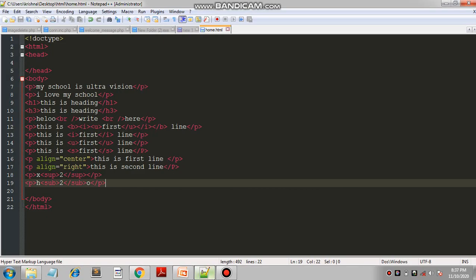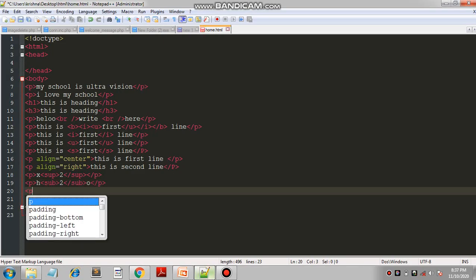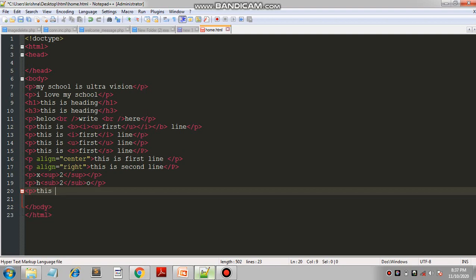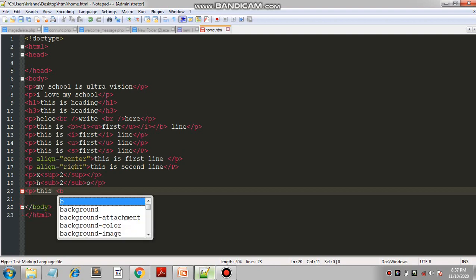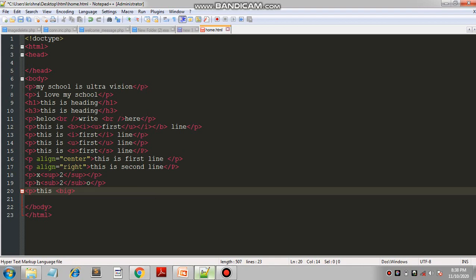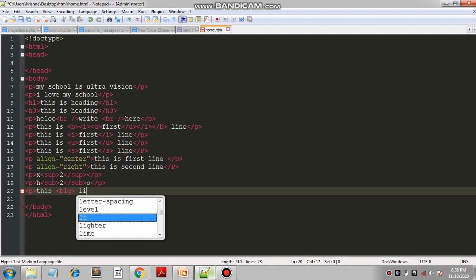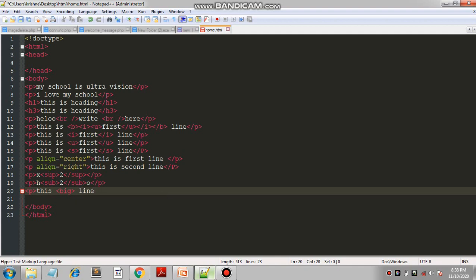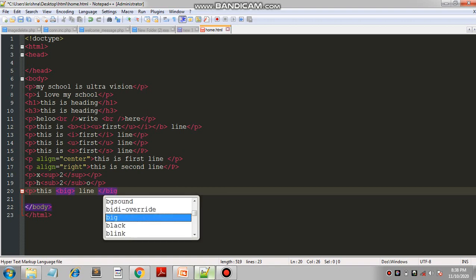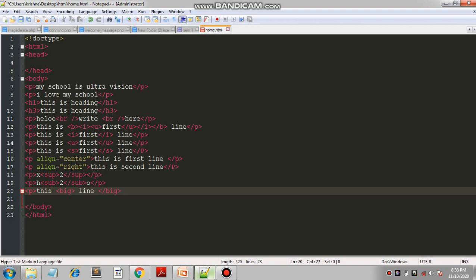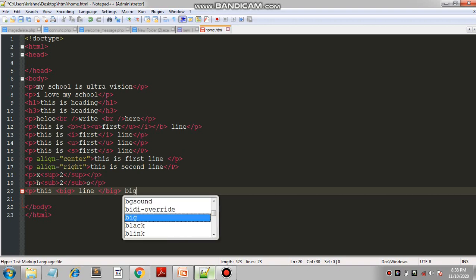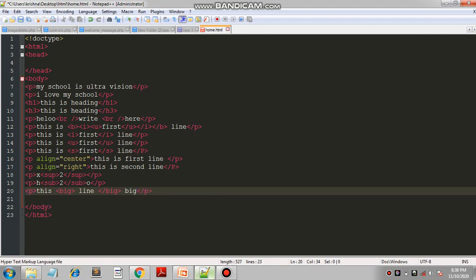Same as big or small, we can use p, this, take a bold big tag, big, end of big, and end of p.